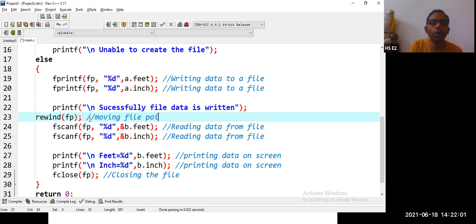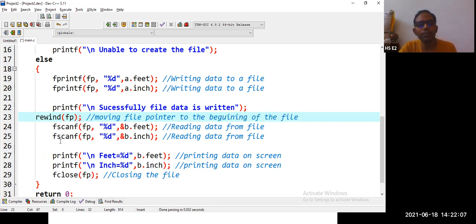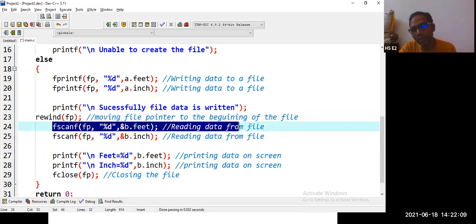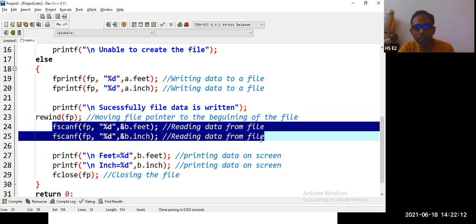Then fscanf reading from the file, and now we are reading into b dot feet, b dot inch.